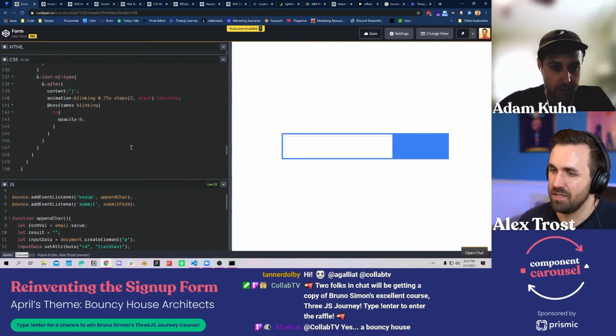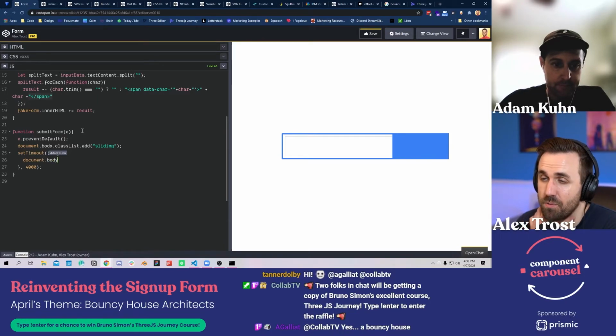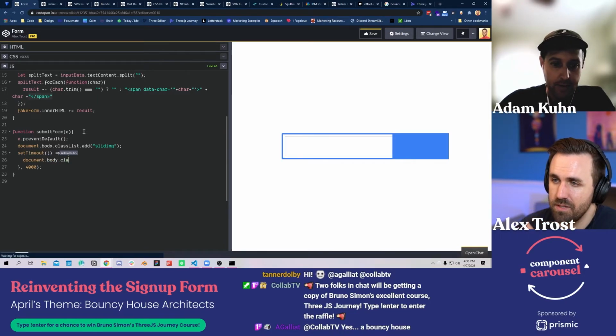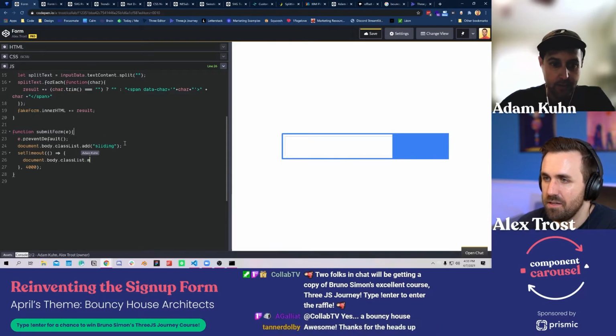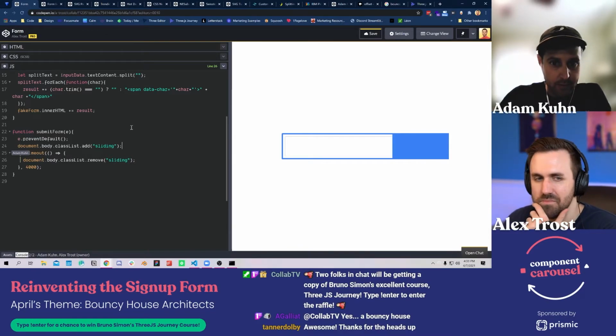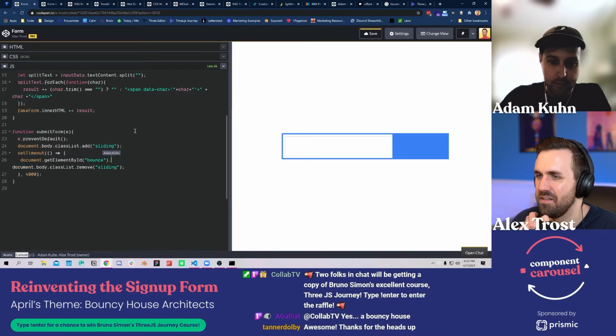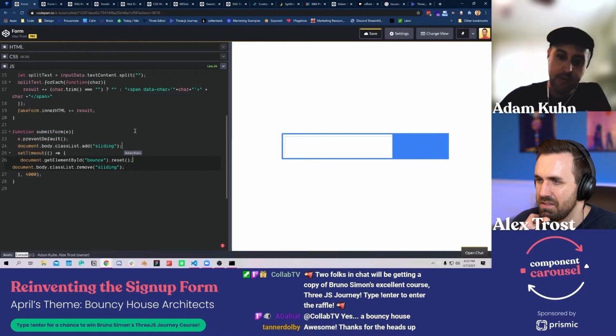All right. Line 22. Here we go. So now what are we working on? We're working on submit. Yep. So we're just adding that class on submit. Okay. And then we'll reset our form also. Cool. And then we'll just do a little set timeout to pull that class back off of there, and we'll reset our form after the timeout expires.